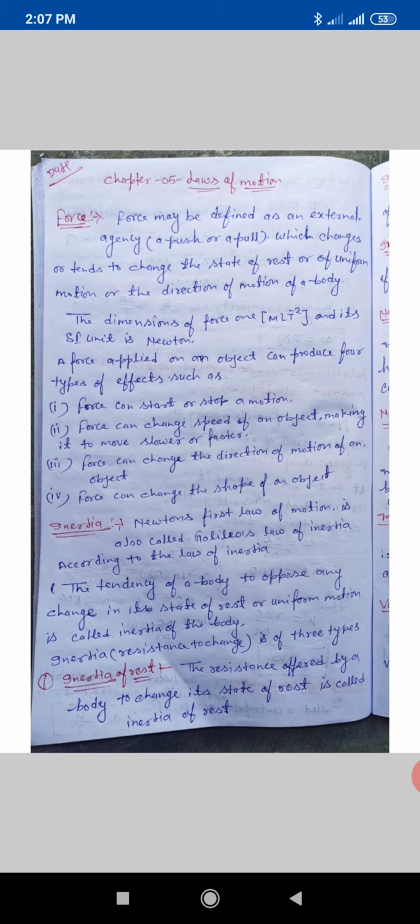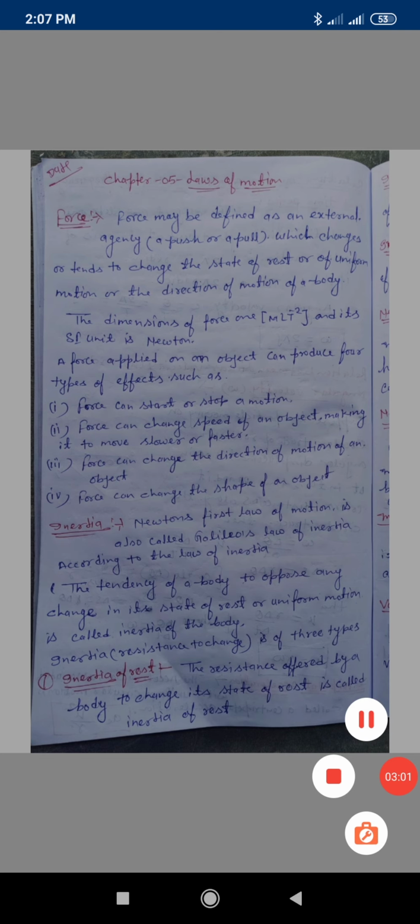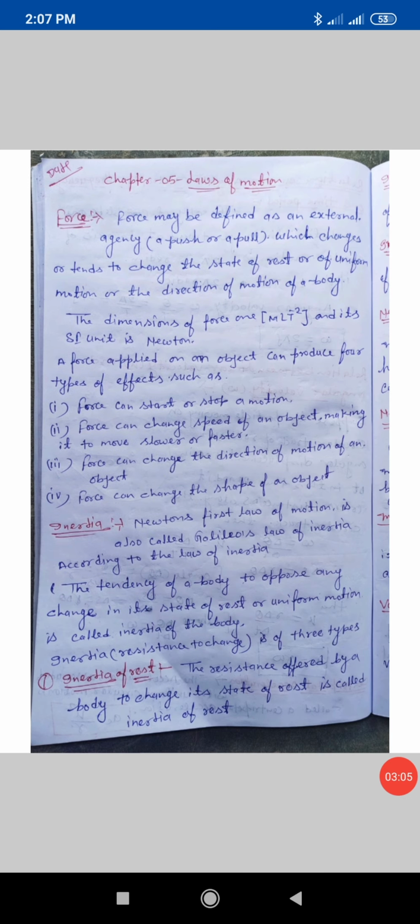Inertia. Next topic is inertia. Newton's first law of motion is also called Galileo's law of inertia, and according to this law of inertia, the tendency of a body to oppose any change in its state of rest or uniform motion is called inertia of the body. According to this law,